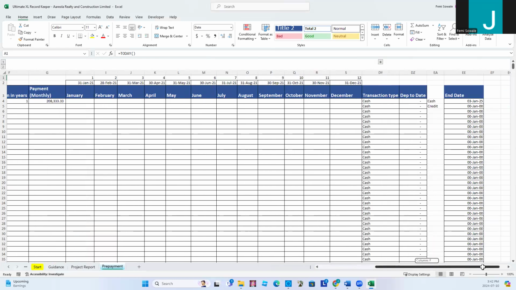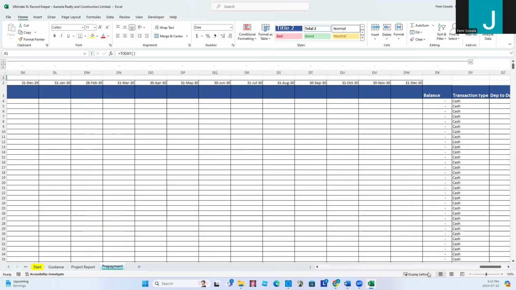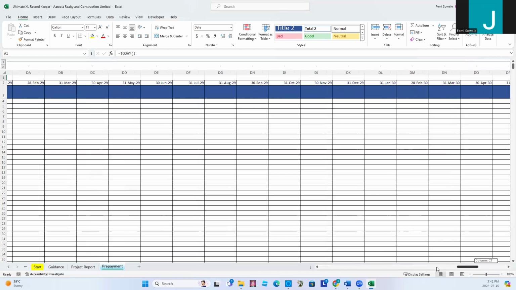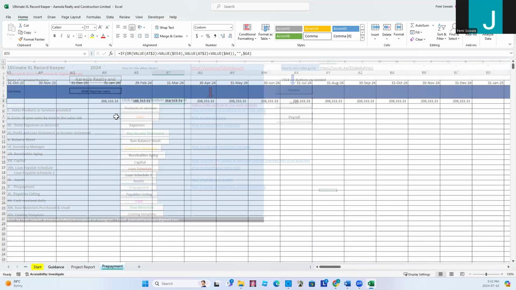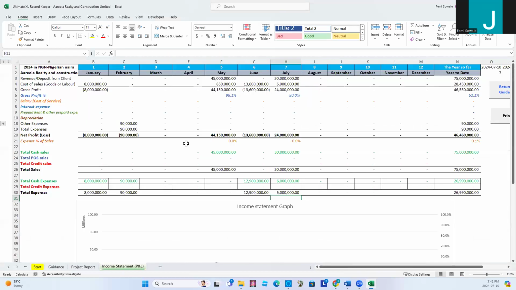Should pick up, right? You can see 2024 and all of that. So when you go to run your income statement,